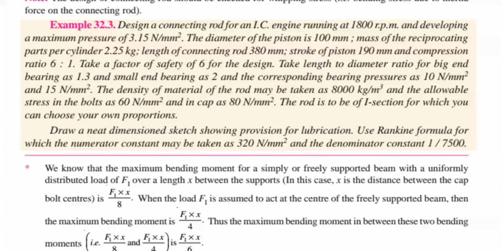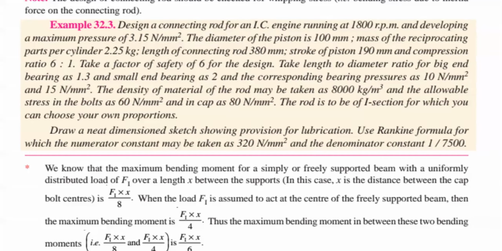So there is nothing to worry in the given problem. The given problem simply mentions some standard proportion values. That is a simple thing, right? Here he is asked to design a connecting rod of an AC engine. That means you are required to find out everything. He is not asking about the dimensions of your crank pin or piston pin. He simply asks you to design the connecting rod. So that is the first point.